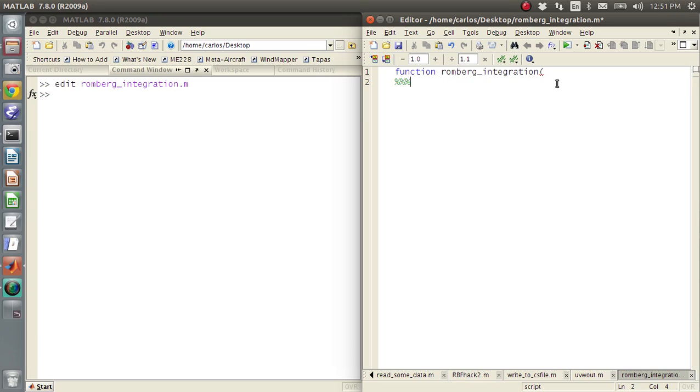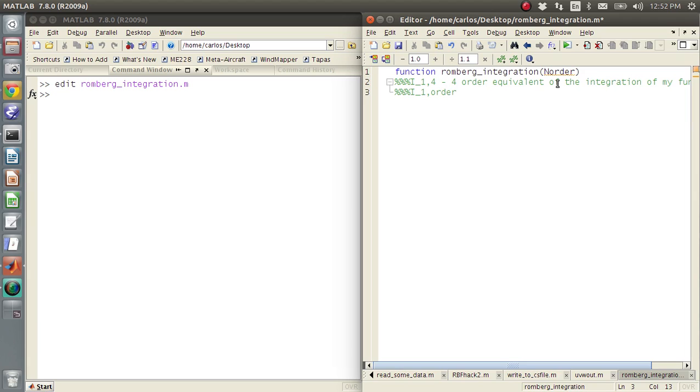Say I want I of 1 comma 4. That means I want to compute the fourth order equivalent of the integration of my function. So basically, it really just needs one input, and the input is n order. And so the idea is that we want to compute I of 1 comma order, which means that our matrix,